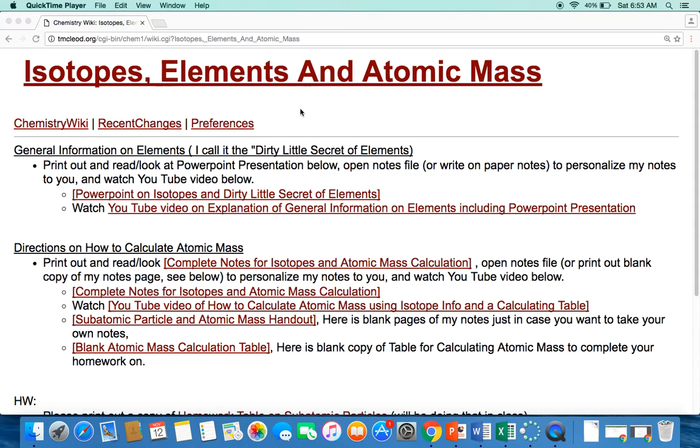This is a video on directions on how to calculate atomic masses and what an atomic mass is. The general information on elements is talked about in a different YouTube video. So we're dealing with just the bottom piece. By this time, you should have already printed out or opened up complete notes for isotopes and atomic mass